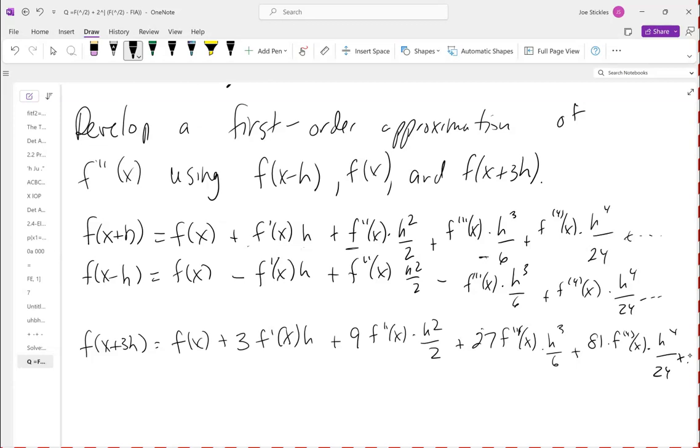The reason I mention that is, if I want to only use these three things to approximate my second derivative, what better happen with the first derivative? It needs to go away, right? So can you look at these two expansions and figure out what you need to do to them to make the derivative go away? Yeah, multiply this by 3 and add them, right? Okay. So when we do that,